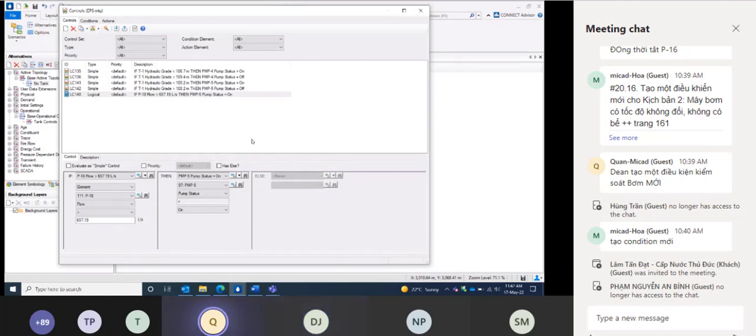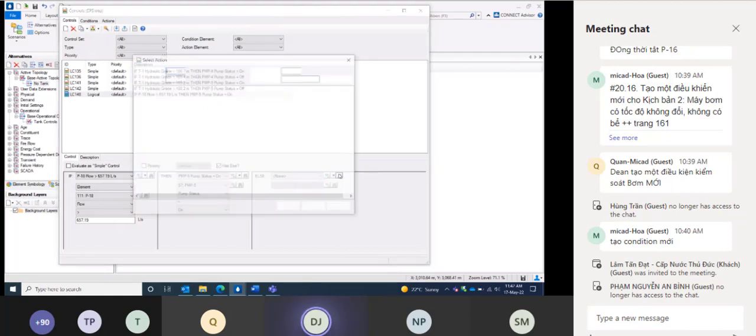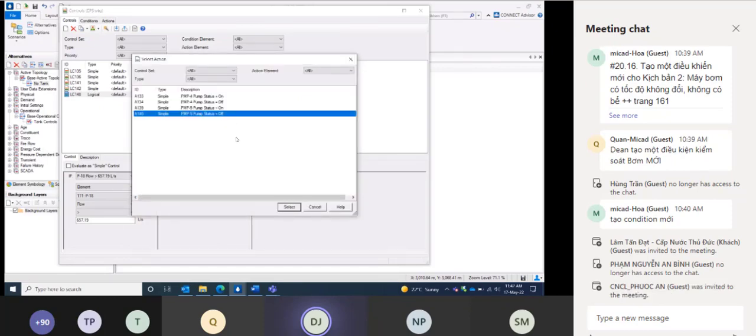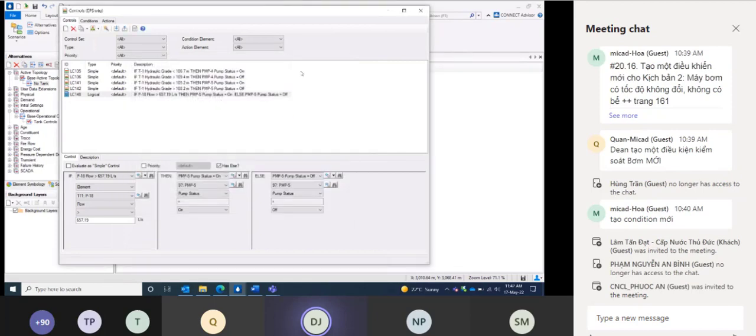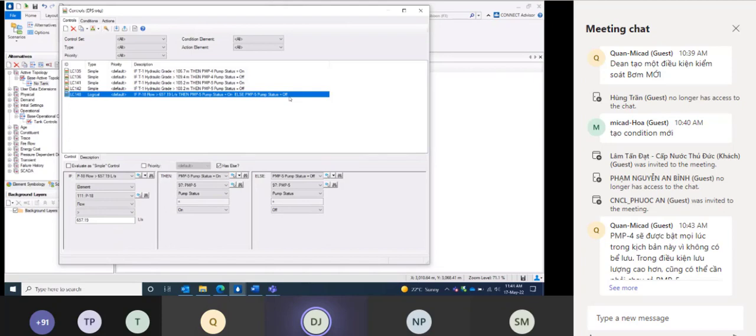But we also need to make sure that the pump is off otherwise. So I'm going to tick this box here, has else. And the has else, again, find an action. And we're finding it because we've already created it. So pump 5 status equals off. So you'll see that we've got an entire control that you can read off here. So if the pipe gets too large for one pump, then turn the second pump on. But otherwise, if it's less than that, then leave pump 5 off. So that's our no tank